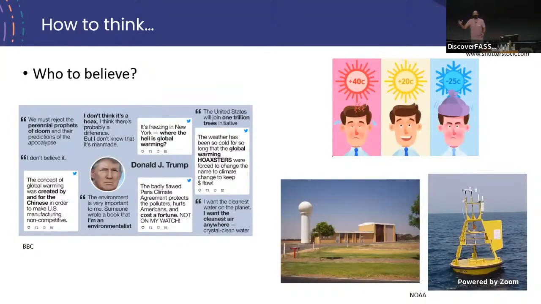So then who do we believe? The way I see this is that there are potentially three different types of views that help shape our understanding of the natural environment. You've got the political view. You've got folks like Donald Trump, former president of the United States, who is very vocal about the topic of climate change. And here, this BBC image shows you a variety of quotes that he released or constantly tweeted, and many of them are basically that he just doesn't believe in climate change. So that kind of view can shape our understanding.